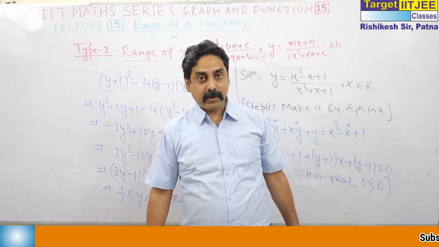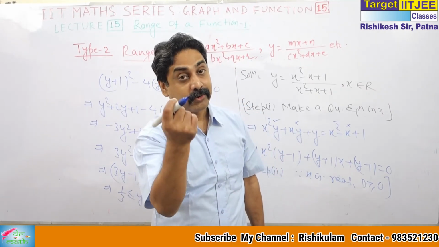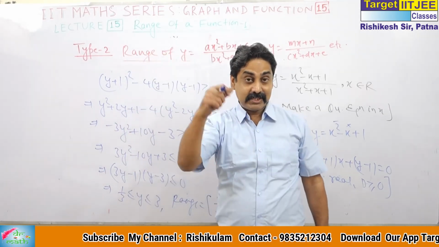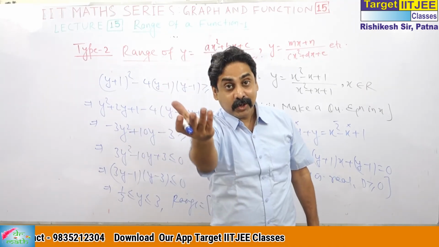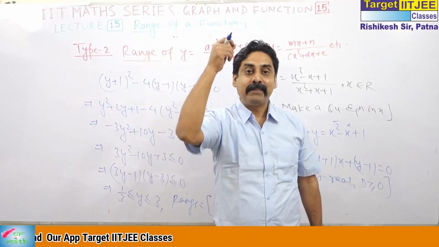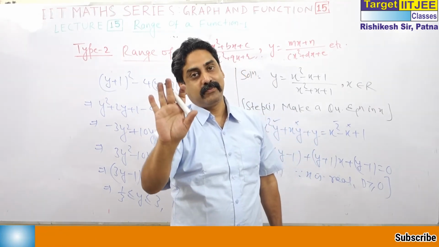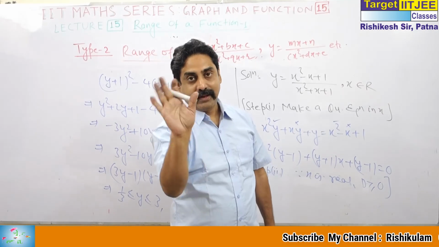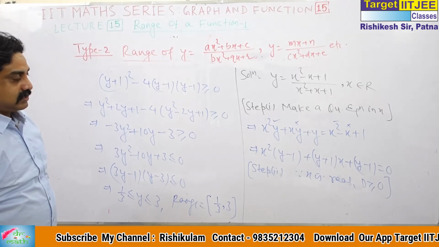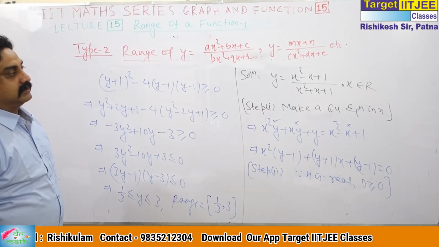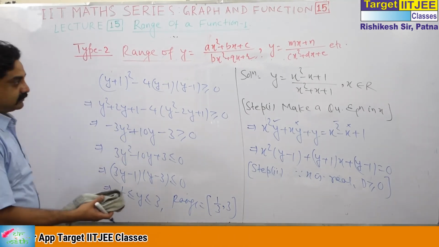If you go through the process, sometimes the answer might go slightly wrong, as I did just before in sin x into cos x into tan x. If you don't take the domain into consideration, it might be wrong. And incorrect means you lose 5 marks: 4 for a correct answer and 1 deducted for a wrong one in the IIT main examination. So now see, let me do one more question. If you want to write, you can write.